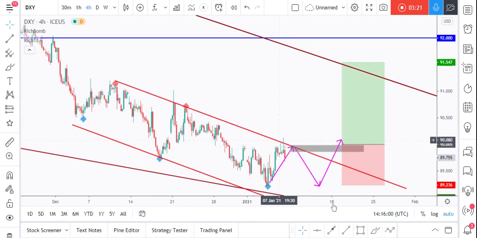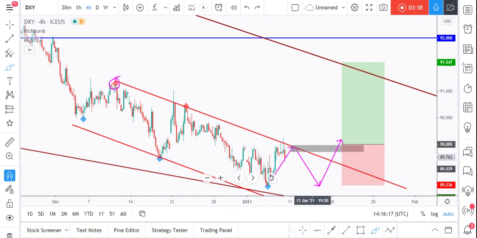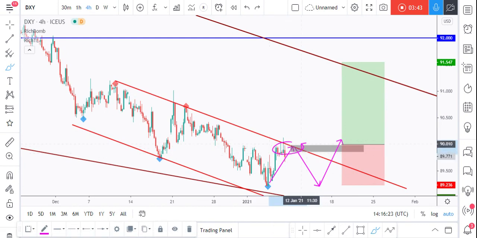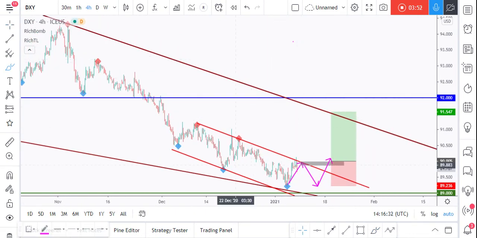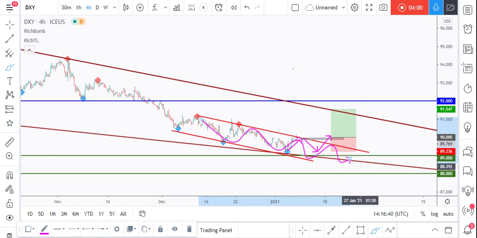Price was around here, so we were waiting for a new swing high to form around our upper red trend line to consider it valid, as this trend line only connects two swings, right? So we want price to form a third one so that our trend line would be valid. Then and only then would we be interested in buying this one after a momentum candle close above this area. Right? Meanwhile, until the buy is activated, the DXY, as I said previously, we can't really know from where it will reverse, right? So until the buy is activated, this one can still trade lower and lower